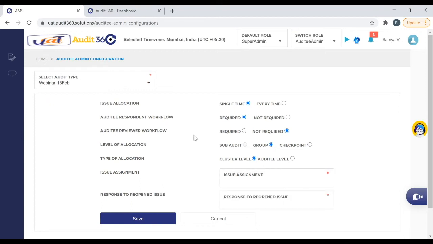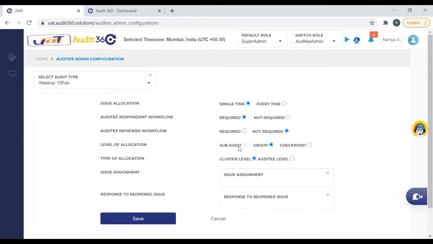Now you can even select the mode of allocation, whether you want to do the allocation at a subaudit level, a group level or a checkpoint level. There is no restriction that you have to do allocation only at a subaudit level, and the restriction of only a checkpoint level has been removed. The user can choose whether he wants to allocate the issue from a subaudit level or at a group level.